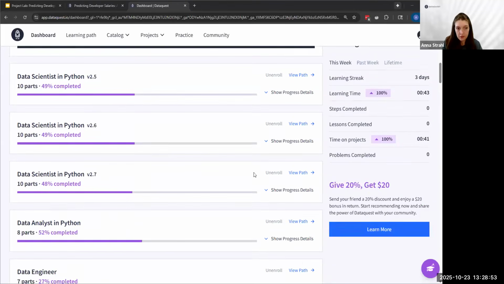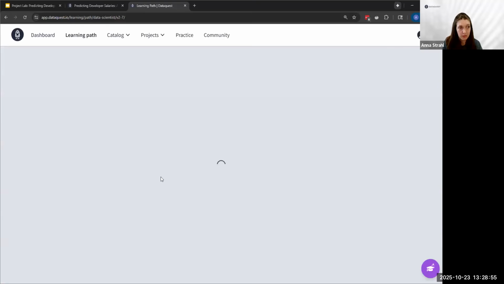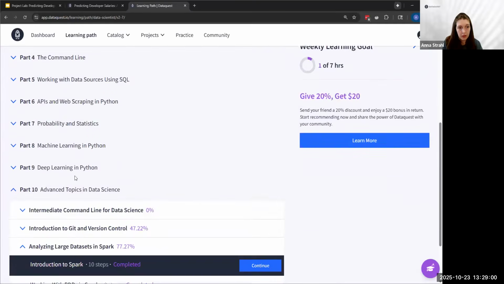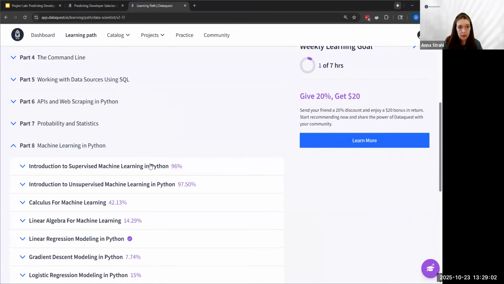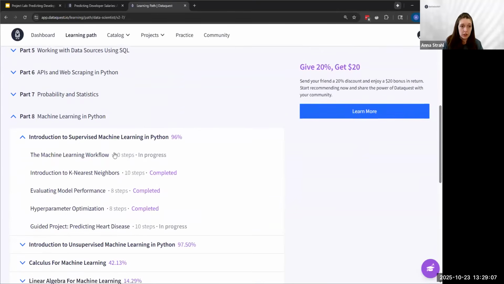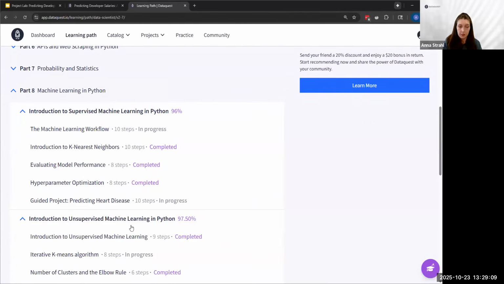I think version 2.7 is the most up to date. And in section 8, machine learning in Python, these introduction courses, introduction to supervised machine learning, introduction to unsupervised machine learning, are phenomenal because it doesn't actually start with scikit-learn. It starts with what are the concepts that scikit-learn used to build their methods. So that's my recommendation.